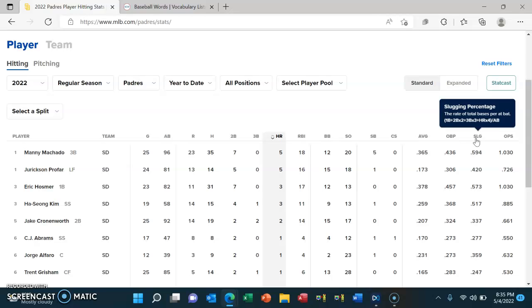And then you see here, like, the home runs categorized as 4, the triples categorized as 3, doubles categorized as 2. And then you'll see here is OPS, which is on base plus slugging. So that's just slugging plus your on base percentage, and that's how you get 1